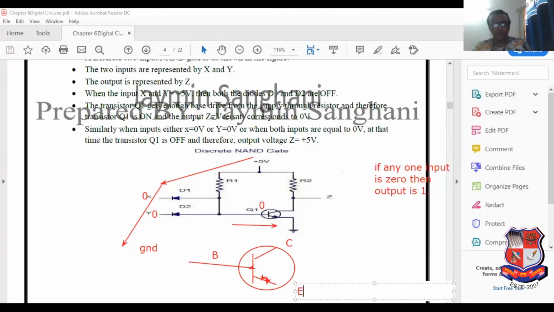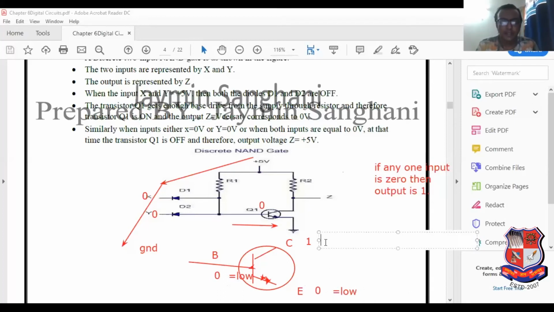Try to understand this topic very carefully, because based on that logic family can be developed. If we apply 0 voltage at the base terminal, here we can get 0 volt and here we can get 1 volt. Why here 0? Because the base emitter junction is connected in forward bias. So 0 volt means low voltage. And here also we can get low voltage.